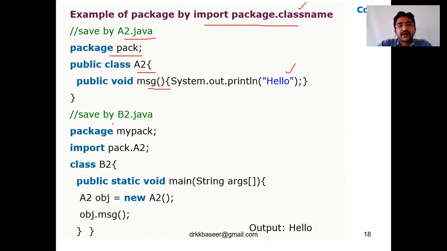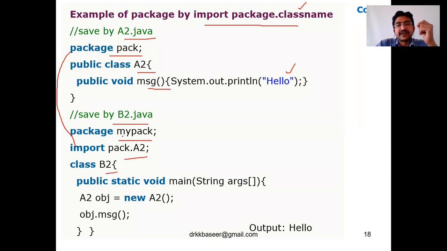Now I'm creating one more program, b2.java. Under that, I'm going to create a package called mypack, and I'm importing this pack here. So how to import? Previously it was pack dot star. Now it is pack dot specifically one class name, like java dot util dot Scanner. Specifically, if you have a package name, you can directly use that package name itself, right? So package name followed by the class name.